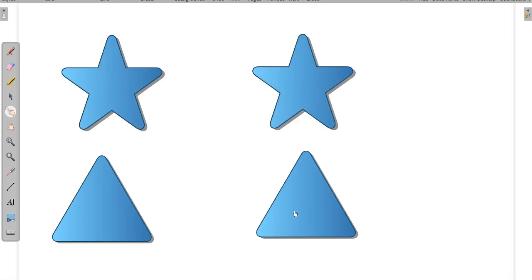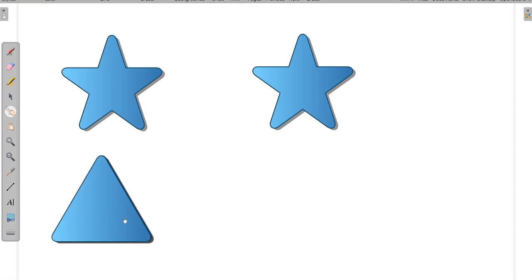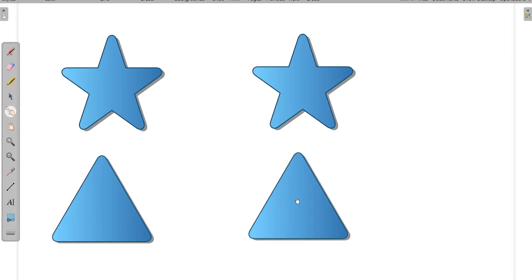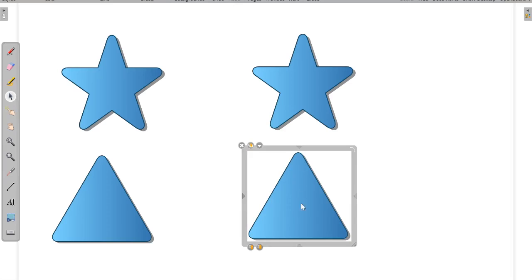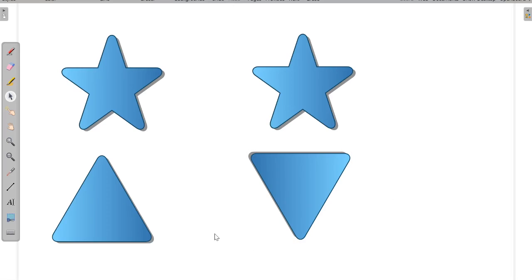Similarly, here are the triangles. I say these two triangles are also congruent because they have the same shape and they have the same sides. Sometimes in the question the figure's position can be different, so don't bother about the position. Suppose I rotate this figure and it becomes like this. Can we say these two figures are congruent? Yes, these two figures are still congruent to each other because they have the same shape and same sides. Only the position of the figure is different.